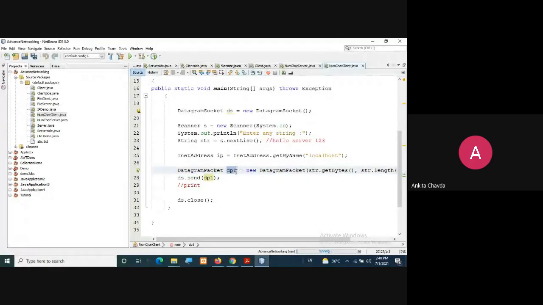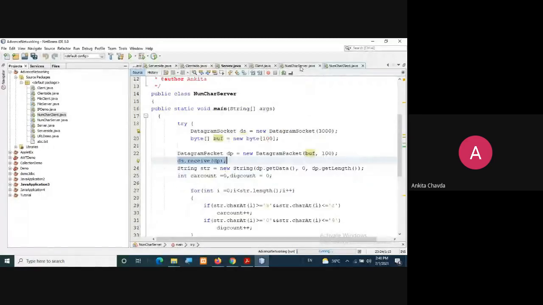From here we have sent the data, and now we'll come back to the server. Here in the string str, I am taking the data I have received: String str equals new String(dp.getData(), 0, dp.getLength()). Till the length I need the whole data.